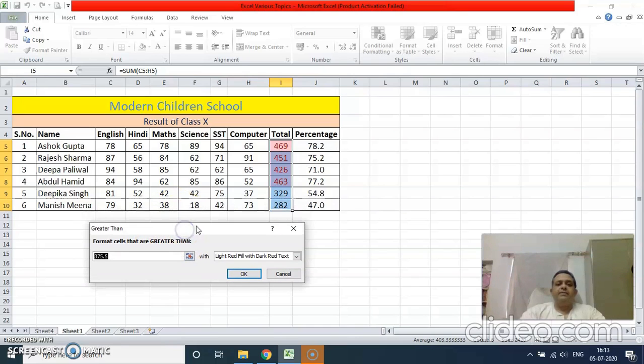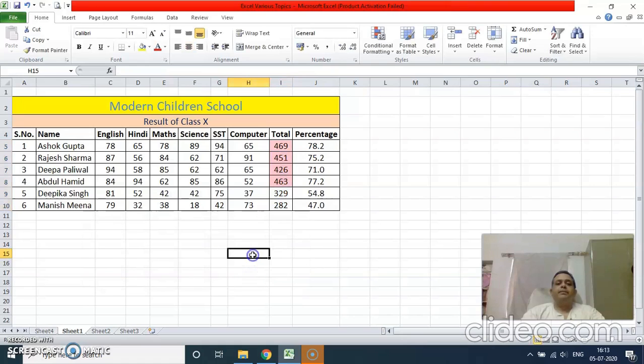Suppose I take here greater than 400, and it should be formatted with red text or red border, or you can even custom format. So I take here light red fill, and I click on OK. Now you can see on the basis of the condition that I have given, these cells, because they have a total more than 400, the fill color has changed to light red. So this is conditional formatting.